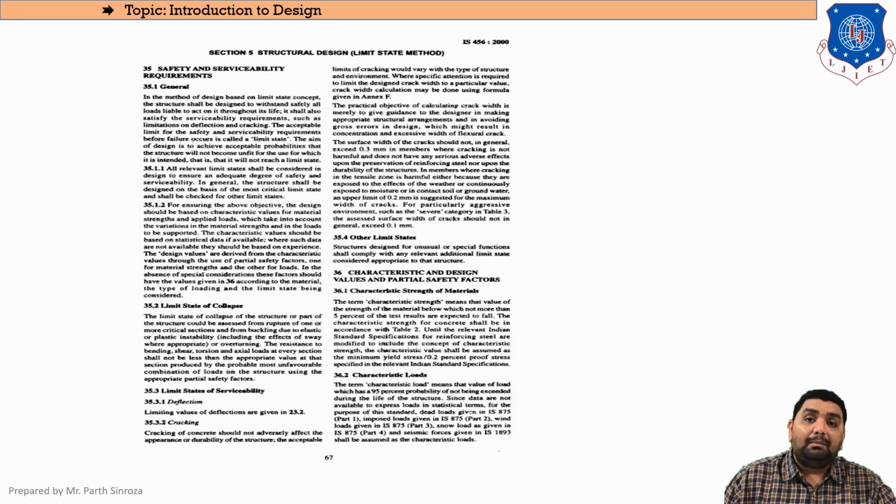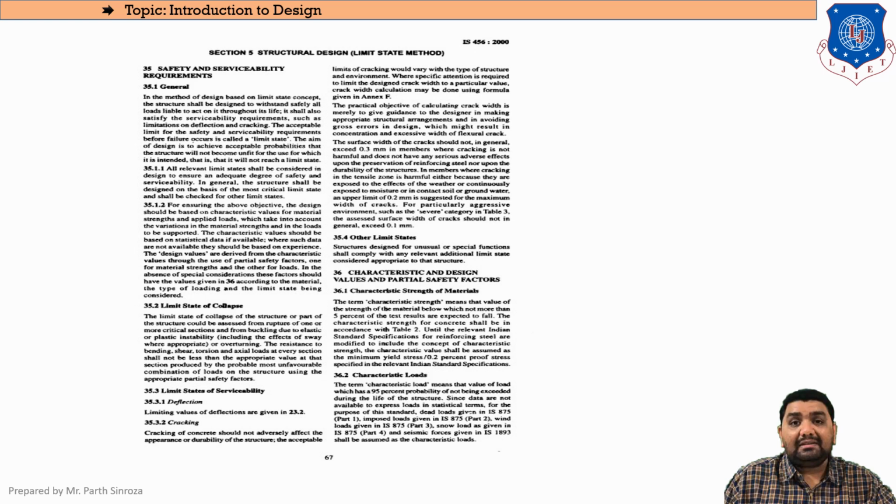So the working stress method means if a load X is acting on a building or on a member, and we design the structure component according to that X load, then it will be called a working stress method. That means a working load method. If we are designing according to the load that is actually acting on the building, then it is called a working stress method. But during its entire lifespan, let us say 50 years, if the load increases or decreases, then the functionality of the building changes.